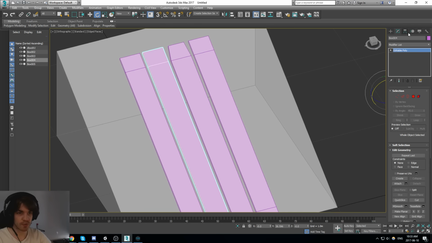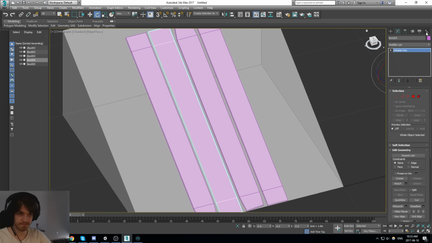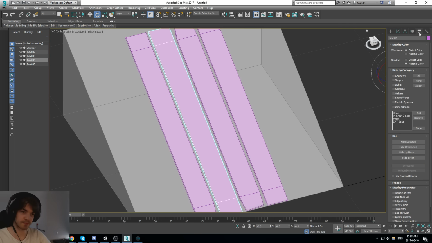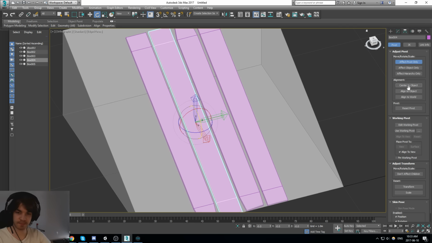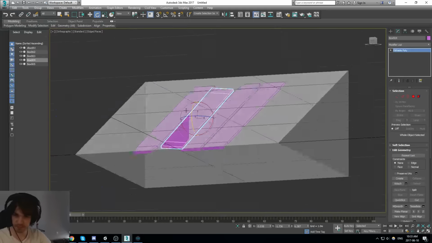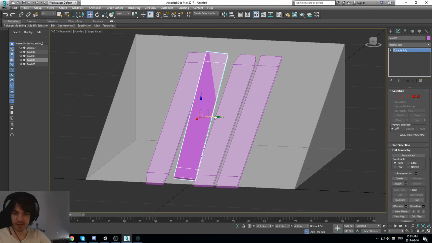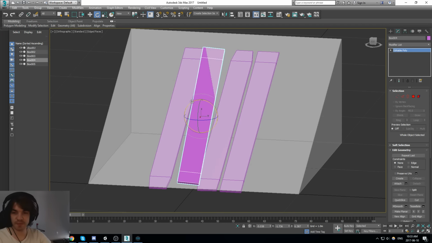Oh, they have a really weird pivot point. I'm still having a lot of problems with my keybinds.